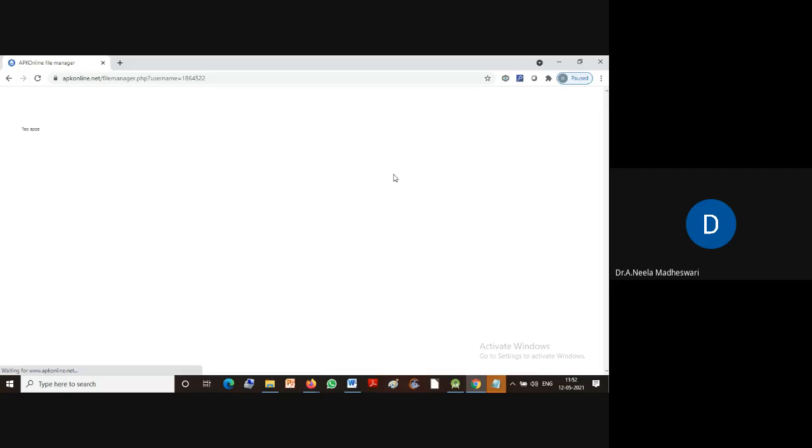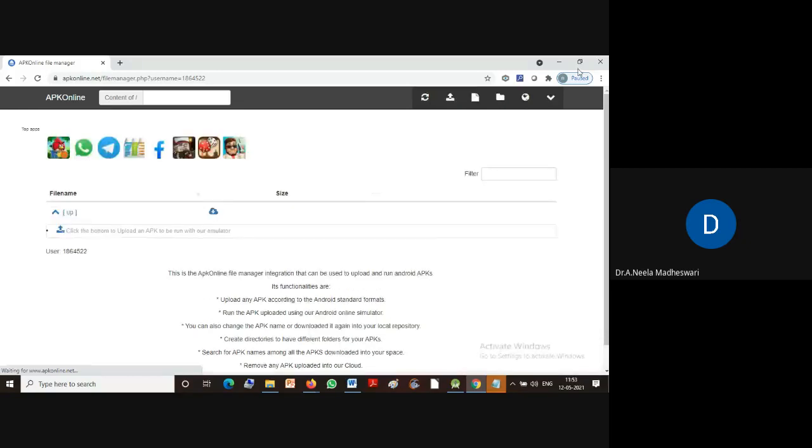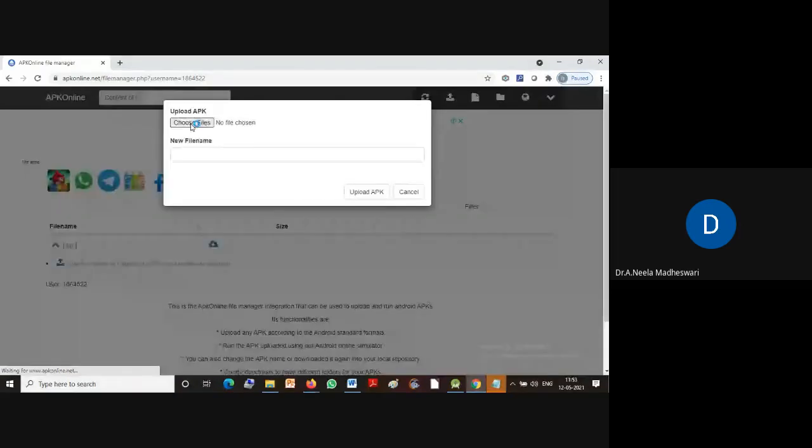By default, if you are using the extension, automatically the APK which we have run previously will be getting selected. So I want to load the APK. That's why I have started from the starting position from the Google Chrome itself.